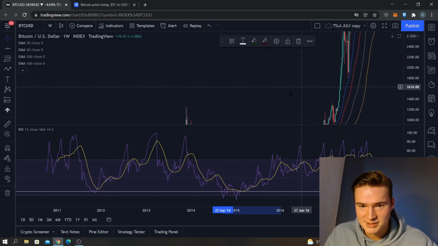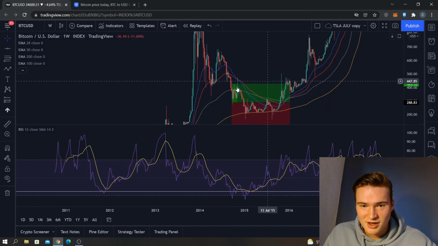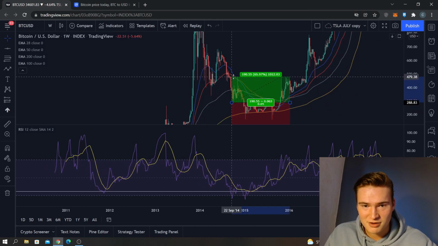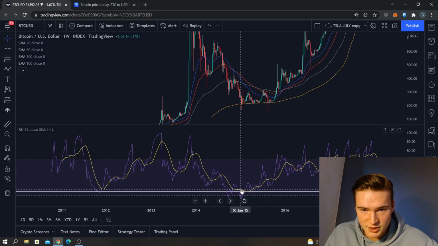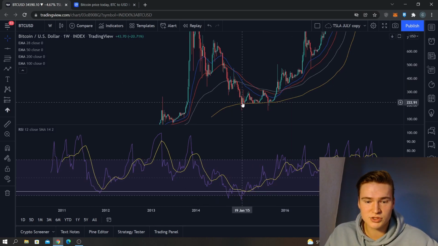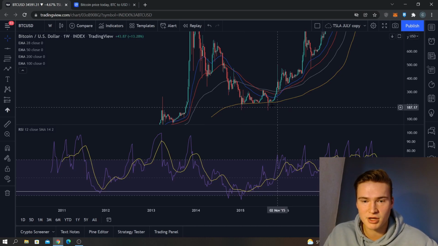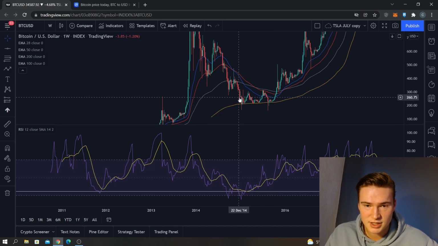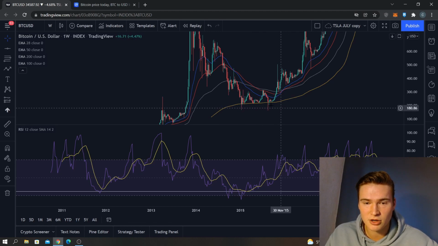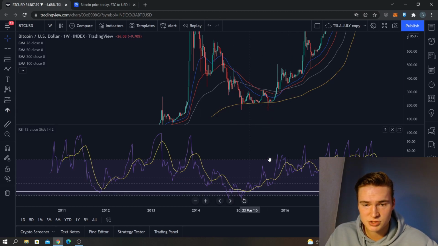Let's actually grab that so we can use it. A small bullish move of about 66%, but then it dropped down even more. That was here. After that, also a consolidation from January up until September, so that's about 8 months. As you can see, we did drop a little bit lower again since the day we broke it. Did drop a little bit lower, but the RSI was also lower.